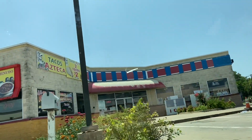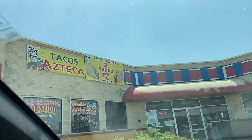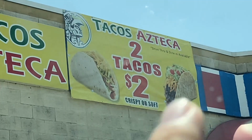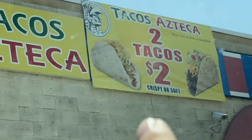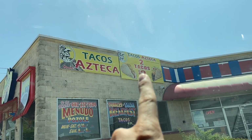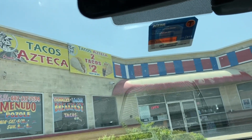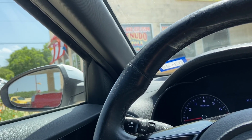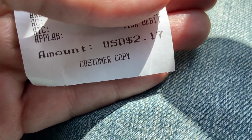Here's their mailbox. Yeah, that's what I thought. Right there, $2, 2 tacos, right there. Okay, so you have to get the 2 tacos for the $2. 1 taco is like $1.90 or 1 something. If you get 2 tacos, then it's $2.17. I'll show you the receipt. I'm trying to cover up information on it, but I'll at least show you this. So it's $2.17,